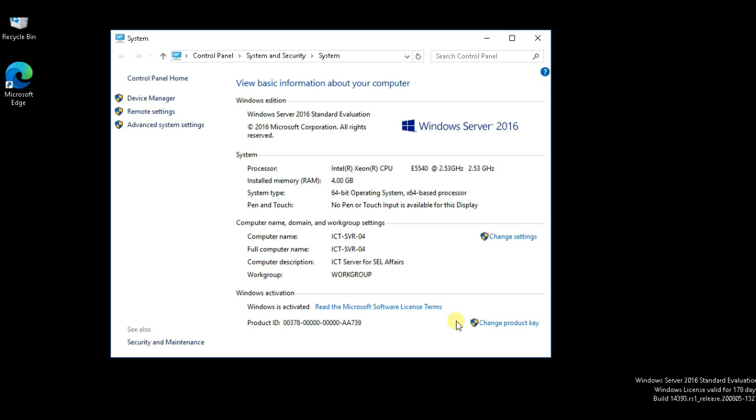Today I want to share with you how you can convert an evaluation edition of any of Microsoft's Windows Server editions, say be it Windows Server 2016, Windows Server 2012, or even Windows Server 2019, into a retail edition. You can go to the evaluation center and download previous editions of Windows Server. But those are evaluations,